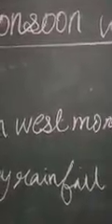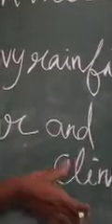Students, what is the difference between weather and climate? Already you have studied it. Weather refers to the state of atmosphere of a place at a given point of time. But climate is the accumulation of daily and seasonal weather events of a given location over a period of 30 to 35 years.